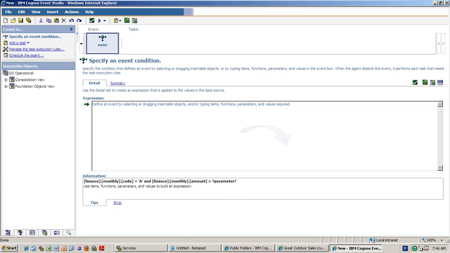Right, this is Event Studio. Here there is an insertable objects pane, and then this is the task area, and this is the condition area. There are four parts. One is the condition part. This specifies the event condition. What is your condition? So I told you, if it is more than 1 crore rupees, that is your condition. Okay. If your condition is satisfied, what do I need to do? Then you need to add the tasks here.